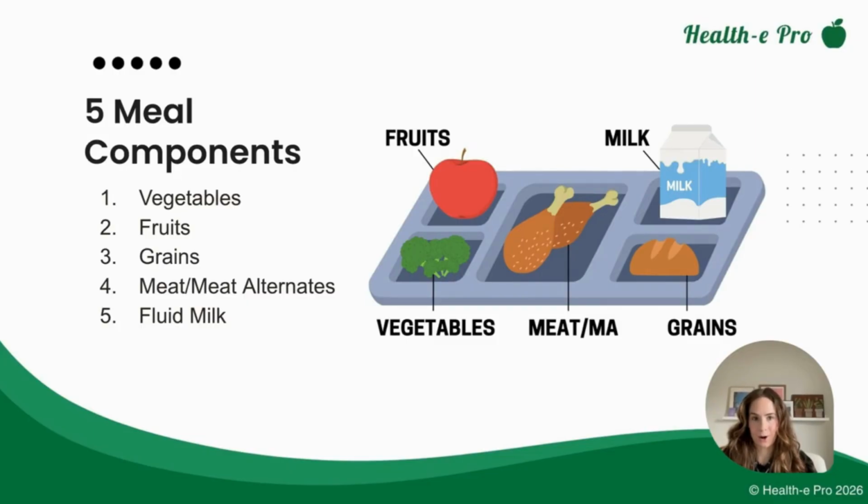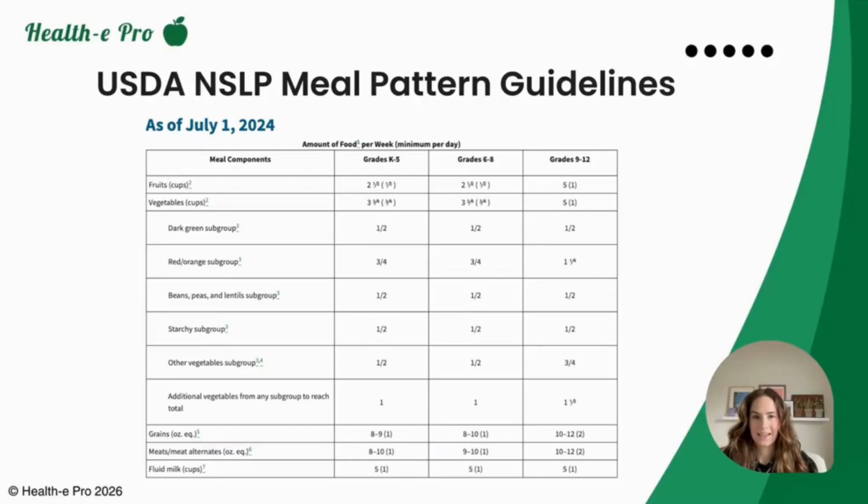Under the National School Lunch Program, schools must offer all 5 meal components. This includes vegetables, fruits, grains, meat alternates, and fluid milk. And those components must meet both daily and weekly minimum requirements for the appropriate grade group. That means not just offering a vegetable, but making sure that the vegetable subgroups are balanced across the entire week. It means ensuring grain ounce equivalents are accurate, and it means your standardized recipes and product documentation support the crediting